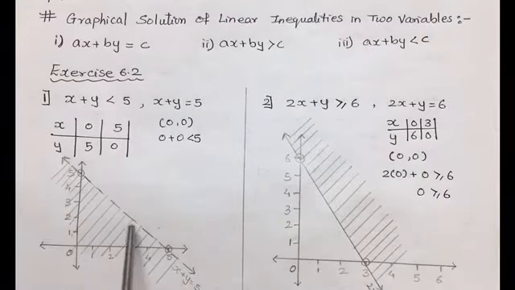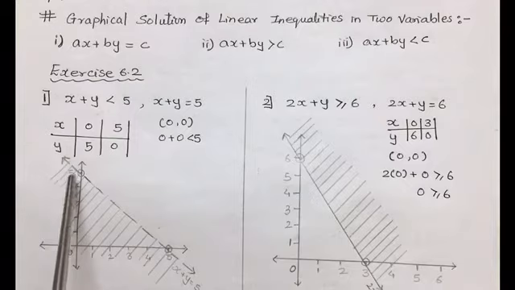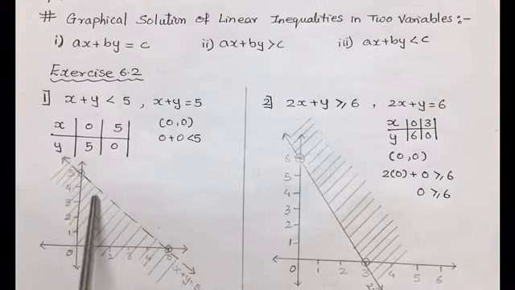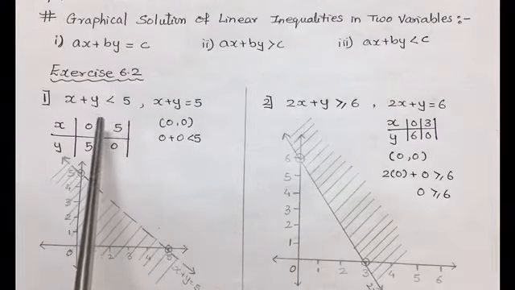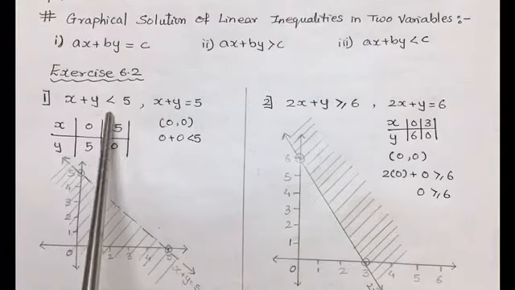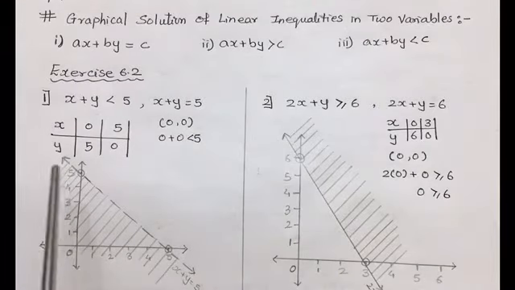Now the line which is being drawn connecting both these points will not be a complete line but a dotted line. The reason is the equality sign is not there. If the equality sign is not there, then the line drawn connecting the points will be a dotted line. So after drawing this line,